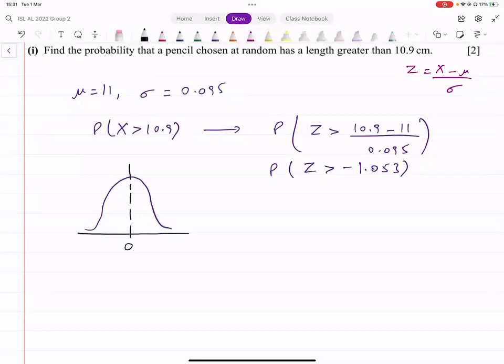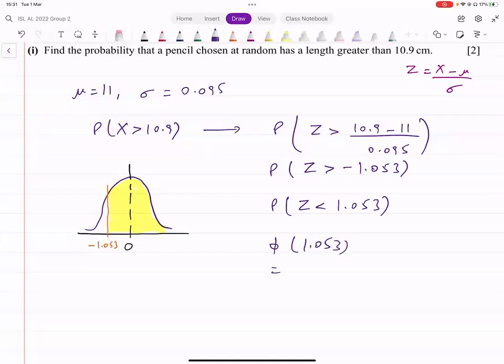Negative value है, तो ये left side पे आ रही होगी, minus 1.053। आपको इसके right वाला area चाहिए, तो हम क्या करेंगे, इसको flip कर देंगे। ठीक है, इसको flip कर दें। We say this is the same thing as saying z less than 1.053। जब इसके left side वाला area देखें, that's the same thing, इसको बस flip कर दिया। अब ये value जाके table से देख लेंगे। This is phi of 1.053,